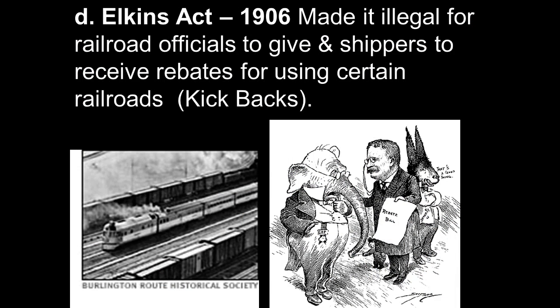All right, the Elkins Act. Take a look at that cartoon at the bottom right. The traditional symbol of the GOP, or the Republican Party, is the elephant. The traditional symbol of the Democratic Party is the donkey on the right. All right, so in 1906, it made it illegal for railroad officials to give shippers or to...